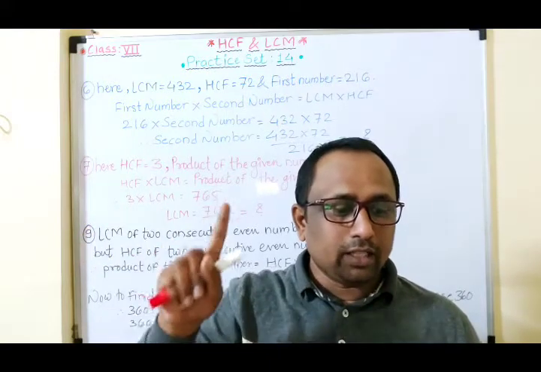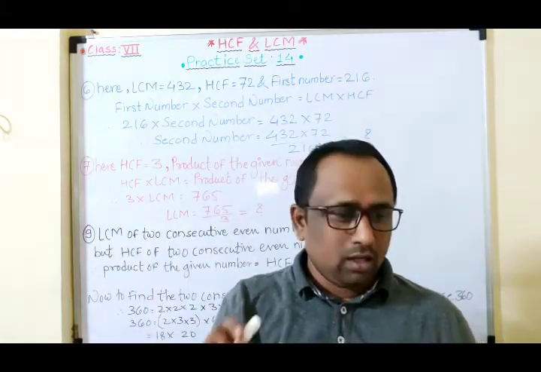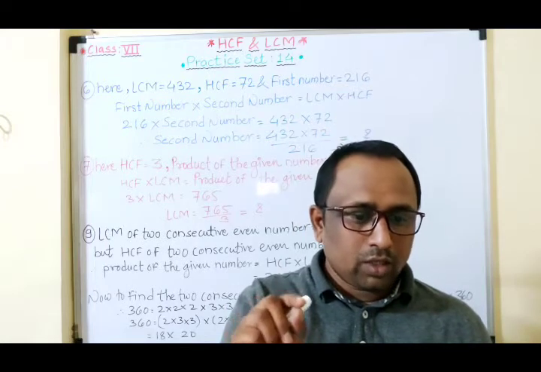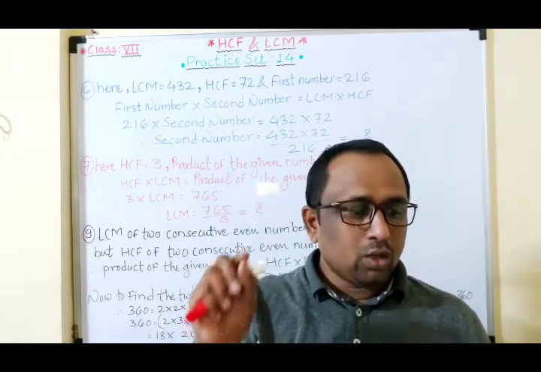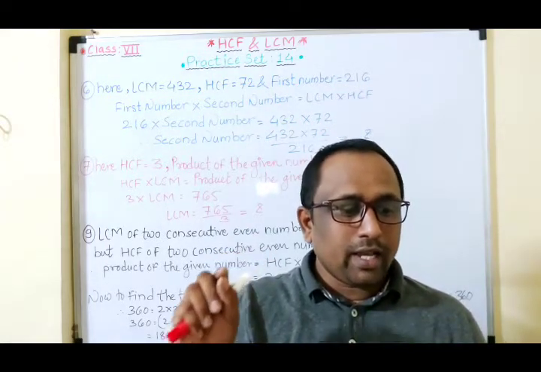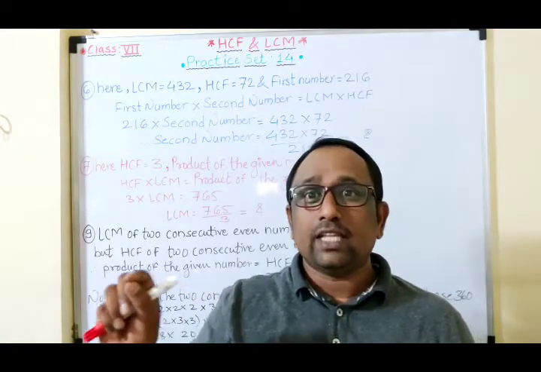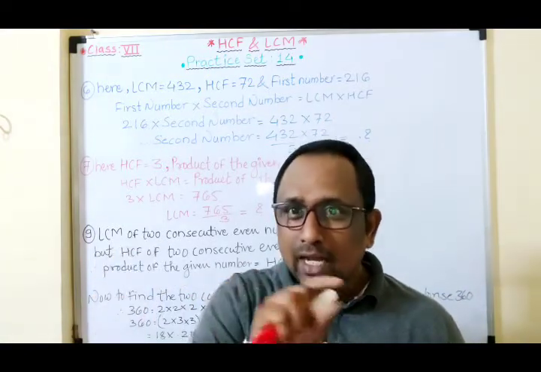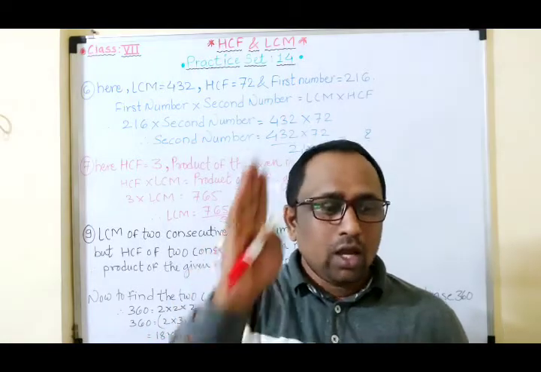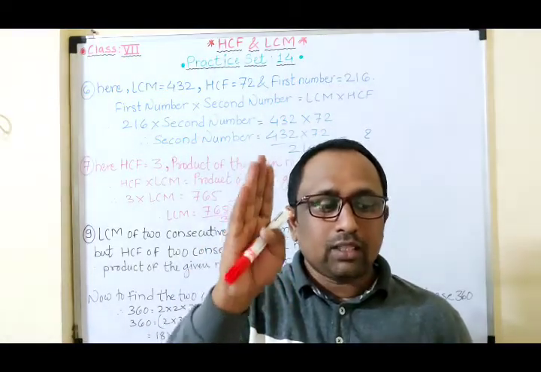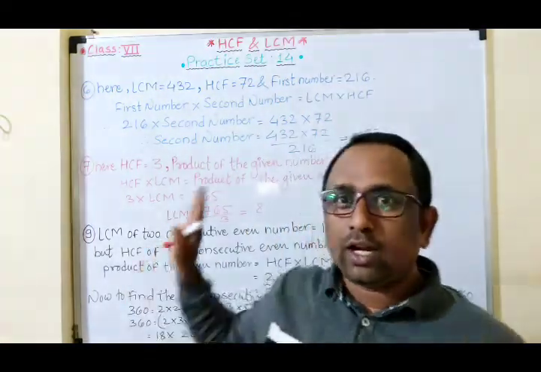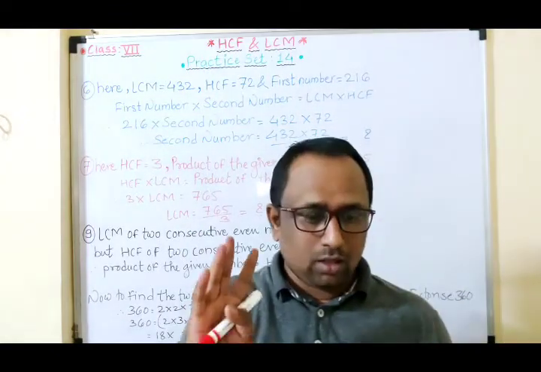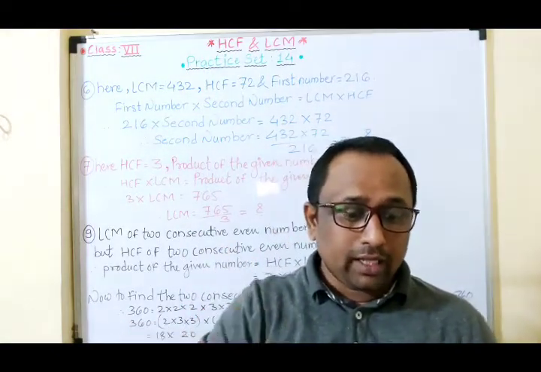Make the columns and find the HCF through the factorization method. Then you will get the HCF, and at last you have to write what they asked: what is the greatest length of the string. Therefore, the required greatest length of the string is dash dash meter. At last you have to write the sentence. Here you have to find the HCF of these 3 given numbers. This you can solve. Okay, now the 9th example.